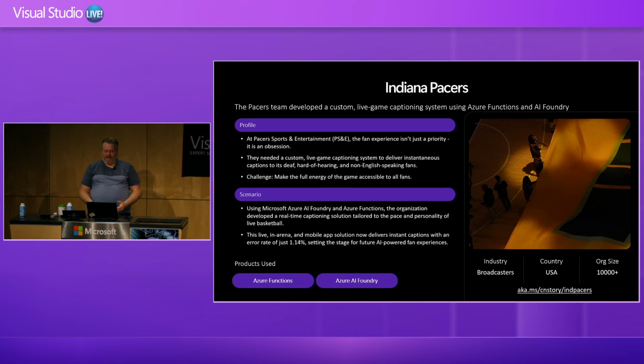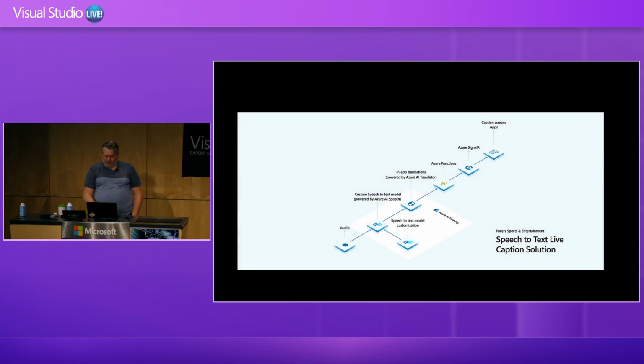So they wanted everyone that's in there, non-English speaking, hard of hearing, deaf, to be able to enjoy the game and hear what the announcers are saying, because they're very lively and excited about the game. So this is a pretty cool solution that I would check out if you want to learn more. There's a cool video here that shows what they implemented as well. And just to show, boom, Azure Functions right there in the middle of it. And that's all event-driven from the custom speech and text models that they trained for OpenAI through functions, then delivering it to the variety of destinations of where that captioning should go.